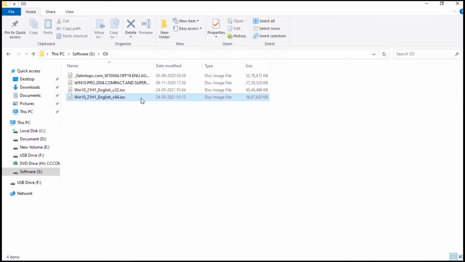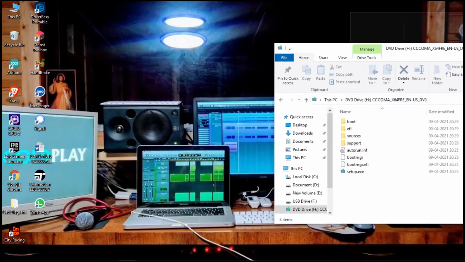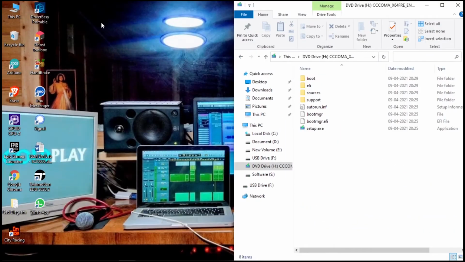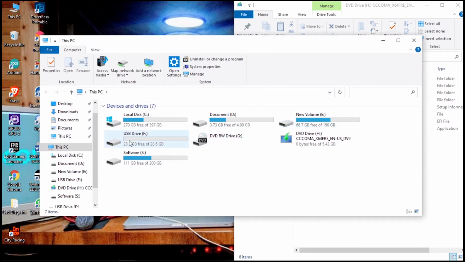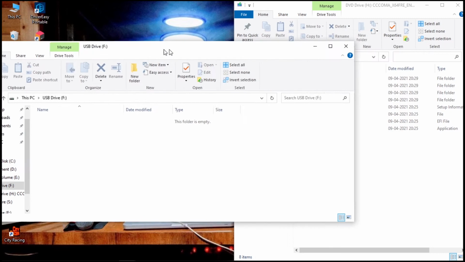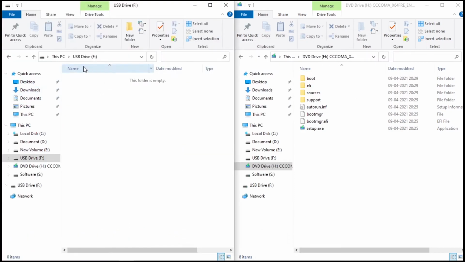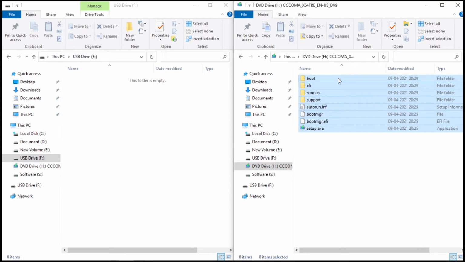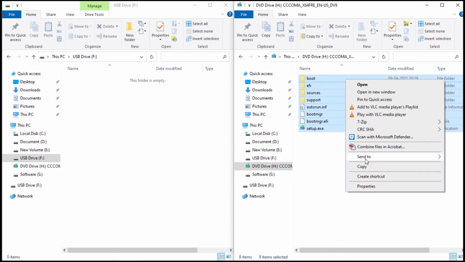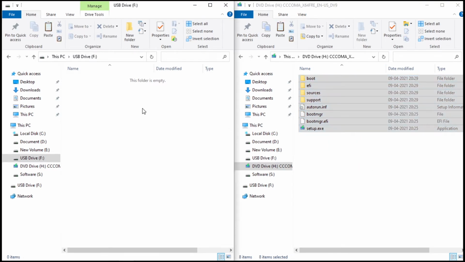So we will double click, then we will drag this side, and again we will open this PC and open our pen drive, and we will keep it on the left side. Now we have to select all and right click, copy, then bring here and paste.